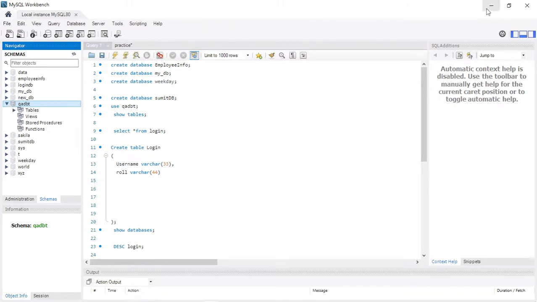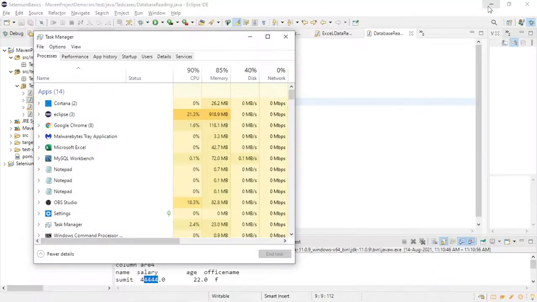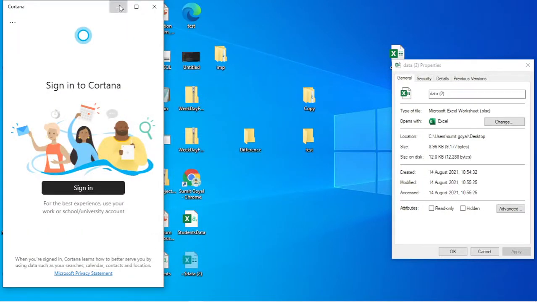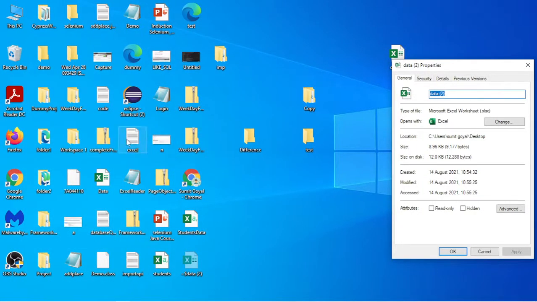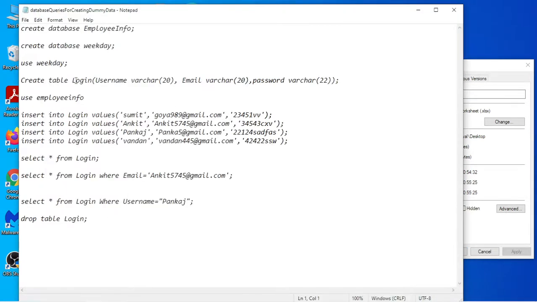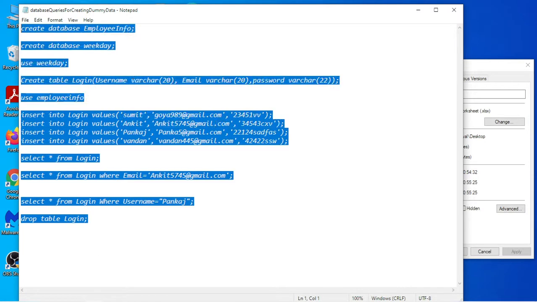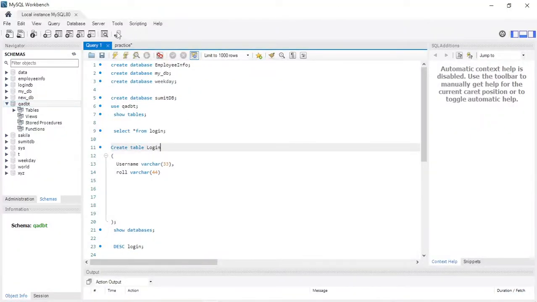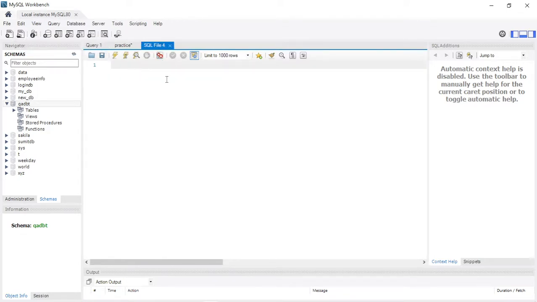one more thing, we are not going to discuss the entire MySQL part because that is again a very big topic. But let us discuss some basics. I have one sheet here. I will share this sheet so you can also create the table, because first we need to create the table. So what you have to do, let me copy this. If I go here, now if I paste it.